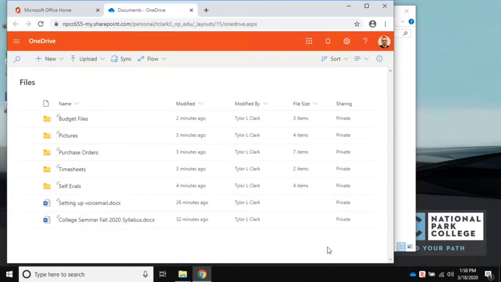Now we have some employees and faculty that use their U drive here on campus. We're not saying do away with your U drive, but we are saying that there is an easier way to manage your files and access them from anywhere, and that's your OneDrive account. So if you're a big user of your U drive, your personal user drive, you might want to look into using your OneDrive account. This is also the case if you frequently have to use flash drives to take your